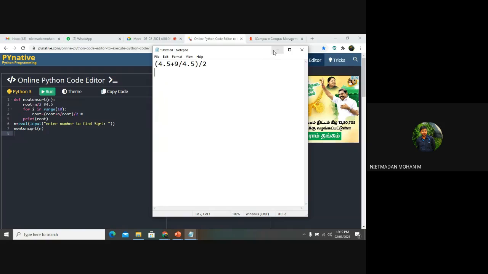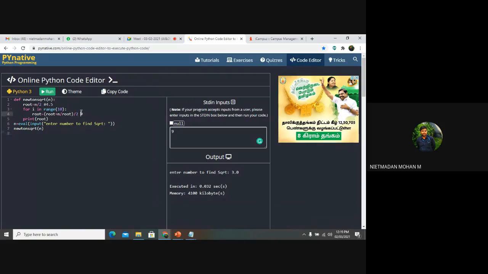I will tell you that in the next class. So it means that we are doing those calculations like this, and the result wants to be 3.0. Like this one, like that only the precedence will be. Which is the first precedence we will take? We will take the parenthesis first, right? Yes, sir.